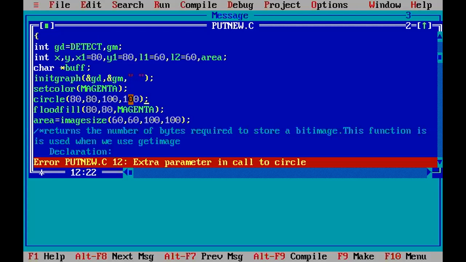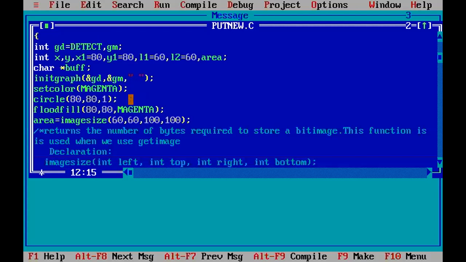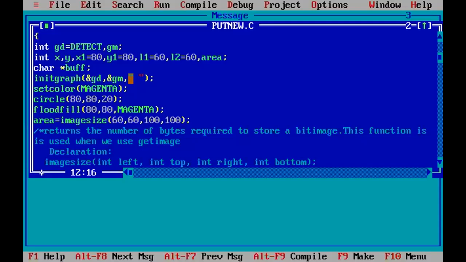The circle takes the center position and radius. Now the circle is also moving in a horizontal direction. Fine. So in this manner, you can animate objects using the image size, get image, and put image functions.